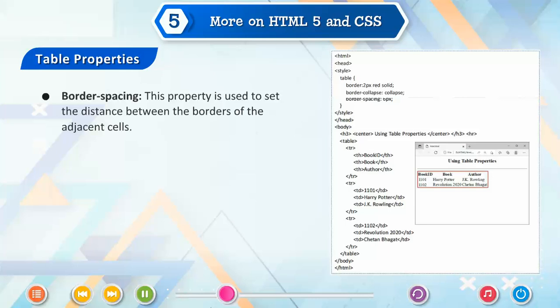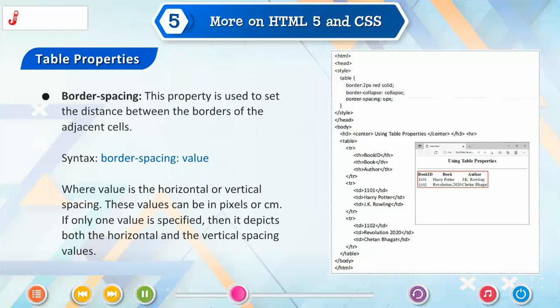Border spacing. This property is used to set the distance between the borders of the adjacent cells. Syntax: border-spacing: value, where value is the horizontal or vertical spacing. These values can be in pixels or cm. If only one value is specified, then it depicts both the horizontal and the vertical spacing values.